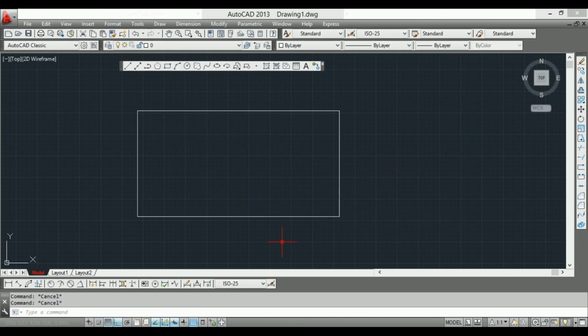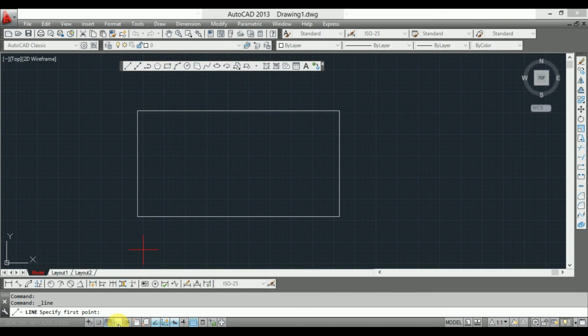If I turn this on, then it will not snap. If I turn off this ortho mode, you can see it is not taking the data of the corner or center.